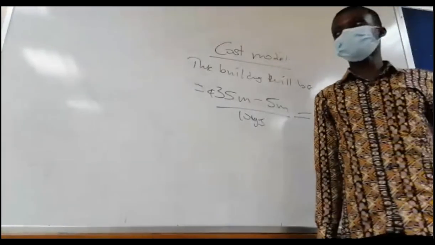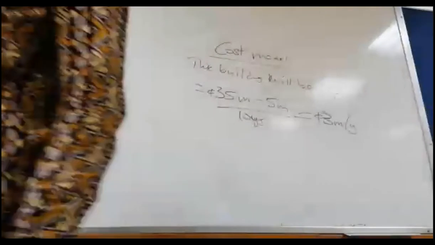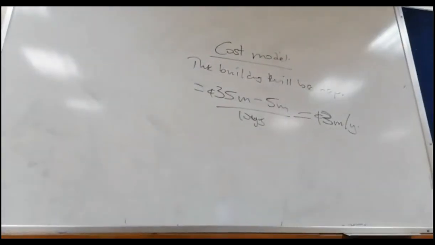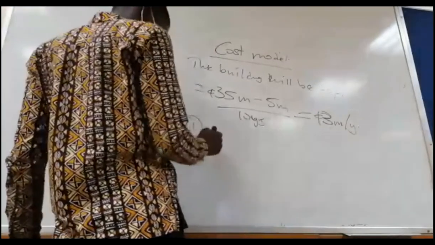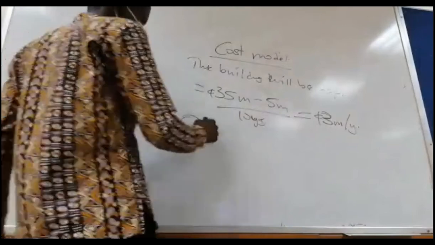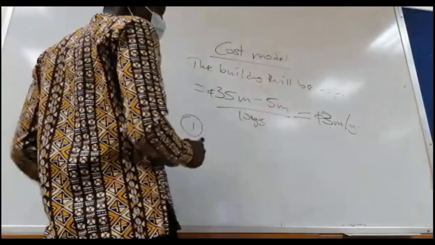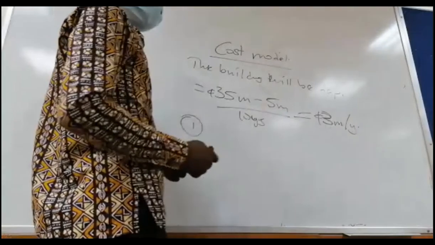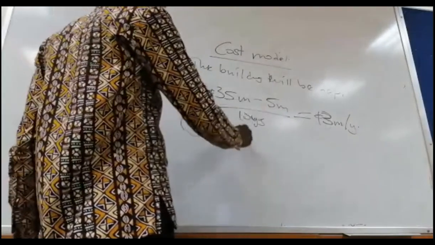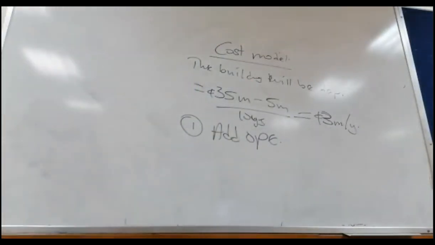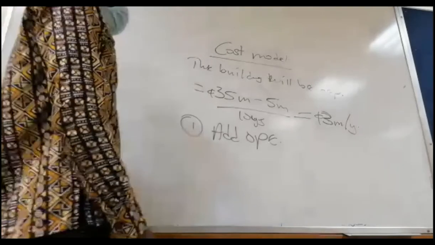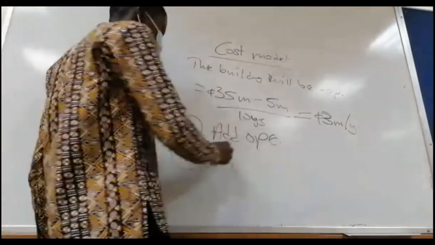Okay, so that's the first thing. In terms of depreciation, it must be added to what? To two treatments. So treatment number one, each year depreciation must be added to what? The operating cost, or your admin. So depreciation 3 million per year. Every year 3 million, which must be added to your operating cost. Two, we have to subtract it